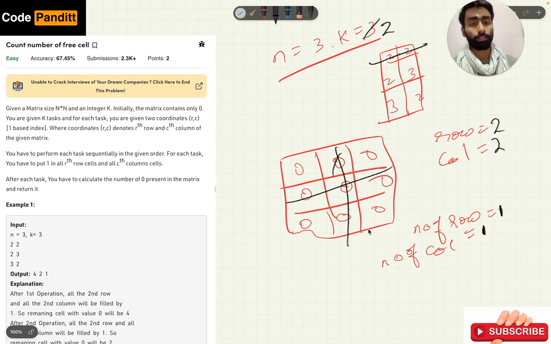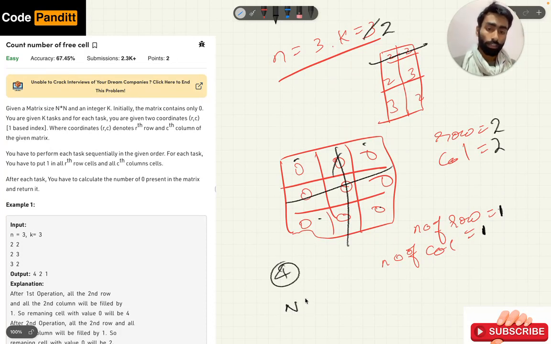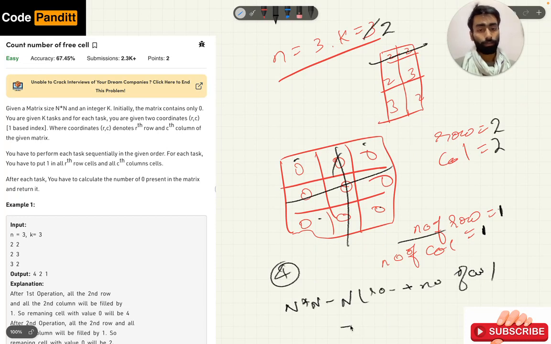So after this we are left with 1 2 3 4, that is a total of 4 zeros in the matrix. And if we use the formula, it was n into n minus n into (number of rows plus number of columns) plus number of rows into number of columns.